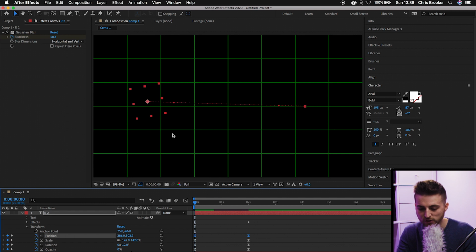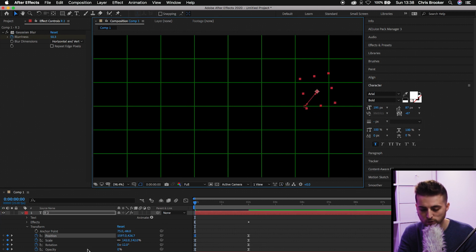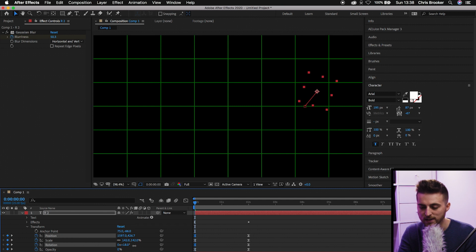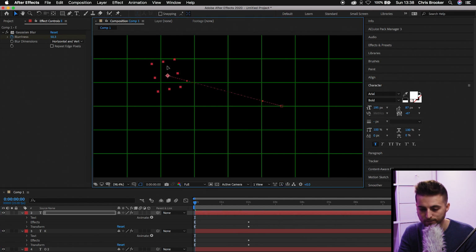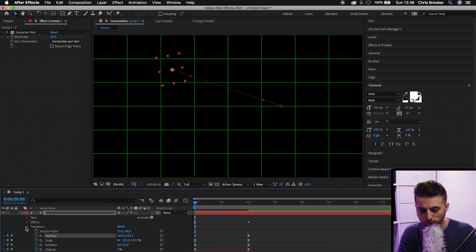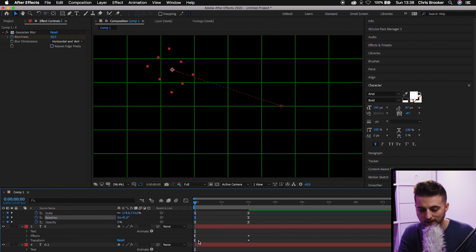We're going to change the position, make sure none of the other keyframes are selected. We'll change the position and we'll put this over here onto the right. And we can also change the rotation so that it rotates from a different angle, and we'll also increase the scale. Now we'll go to the next letter E, we'll pull the position up. We're going to transform, we'll increase the scale, we'll add some rotation the other way, and then we'll go down